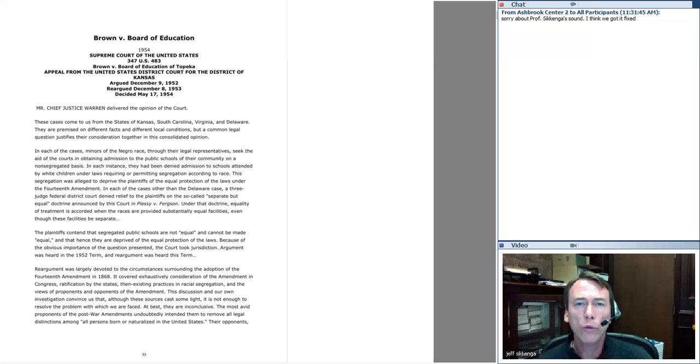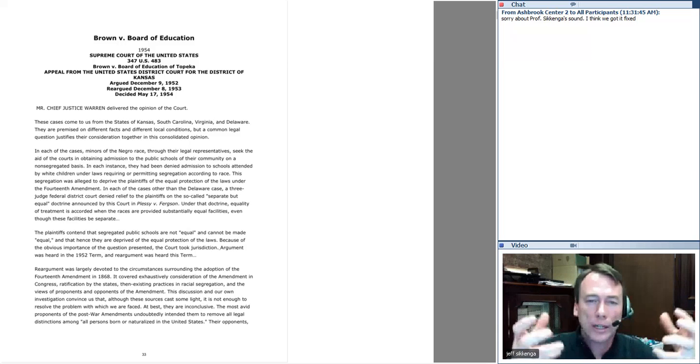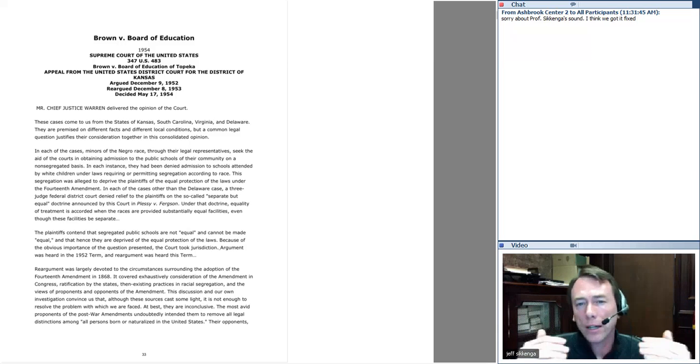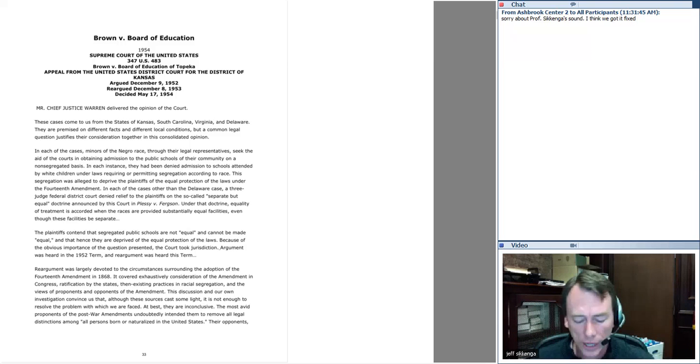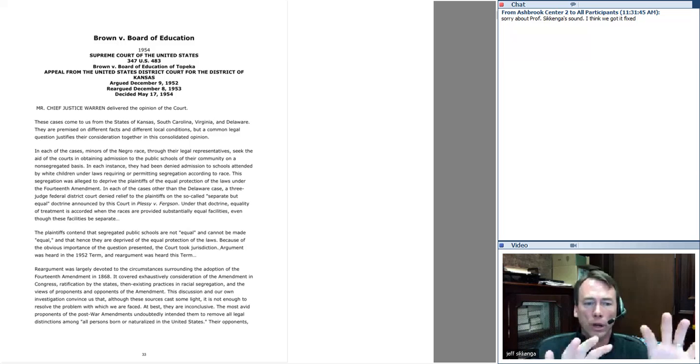Therefore, because they didn't adopt that argument, the effect of Brown has actually been, I think, exaggerated a lot. That's one of the myths of Brown, that it ended segregation in the United States. That's not true. You can see in Brown versus Board of Education number 2, one year later, the court says, well, we really meant it. You really got to get going. And we're going to use our power of equity, our power to fashion a fair remedy to enforce that. But they leave it up to other authorities to enforce it.